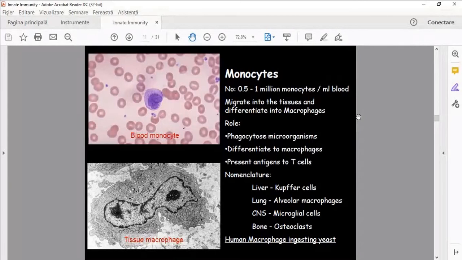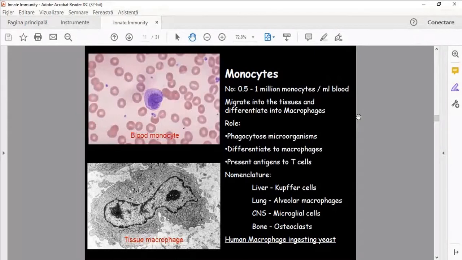And the receptors which can be found on innate immune cells are able to recognize only some molecular patterns of pathogens, or pathogen-associated molecular patterns, which have, from a structural point of view, common structures for all microorganisms and cannot be found in mammalian cells. This is the most important characteristic of these